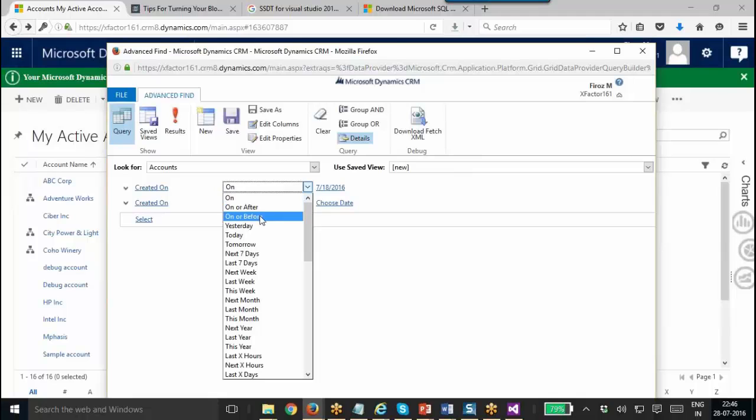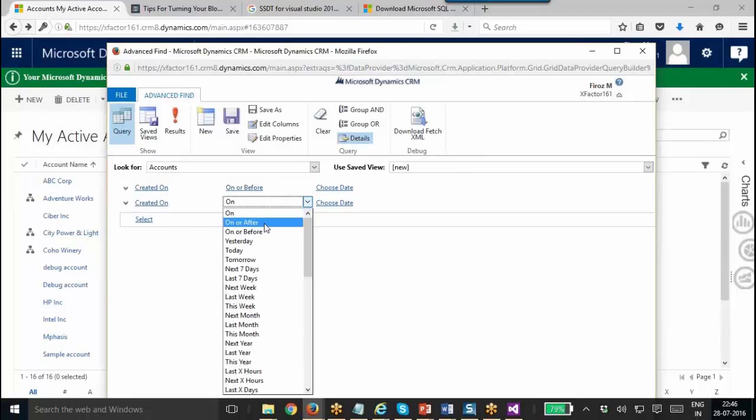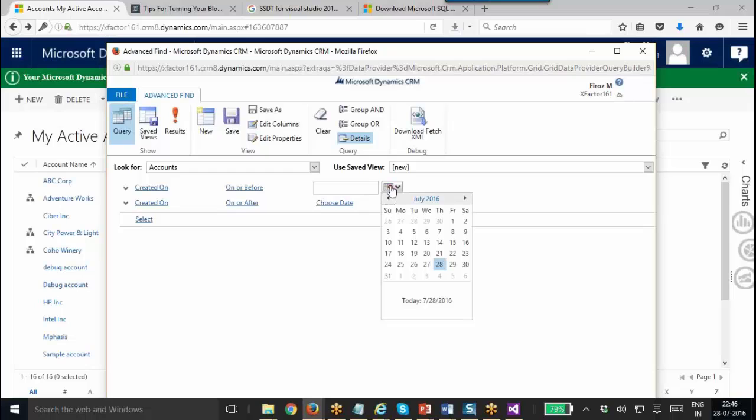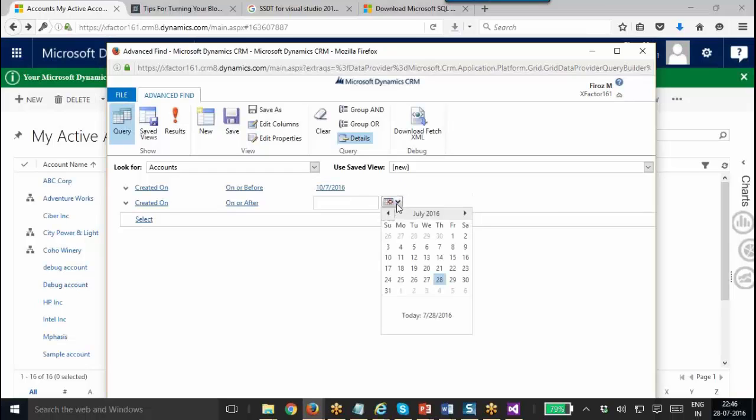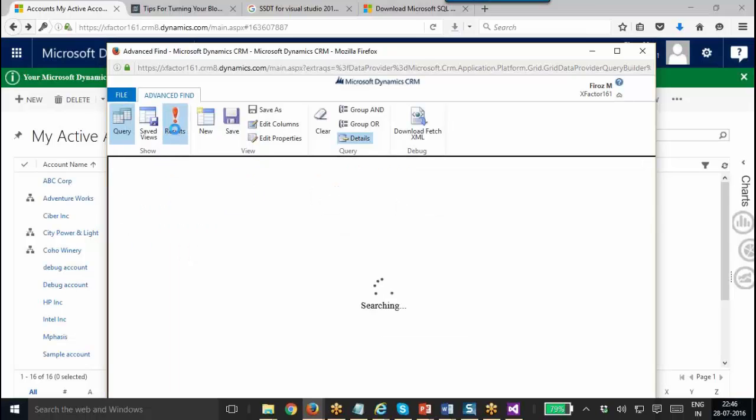On or before, on or after, on or before September 7, on or after. I'm just selecting some random date. Then you click result,